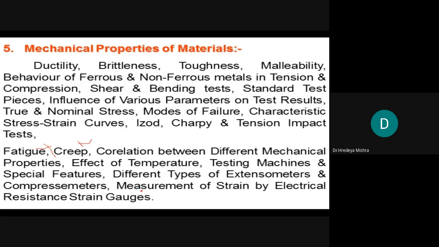What is the effect of temperature when we apply temperature to a particular component material? The plastic zone occurs faster than at normal temperature. So if we increase the temperature of the material, then what happens? The elasticity is reduced. It means that if we increase the temperature of a component or material, its elasticity will decrease, and it will move toward plastic deformation at a lower load. Okay, so